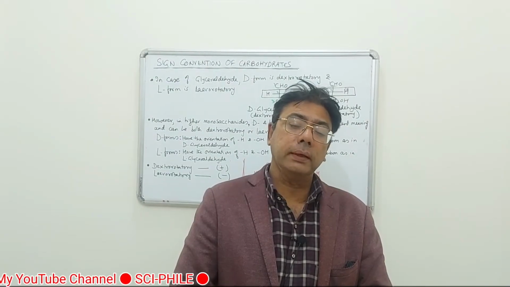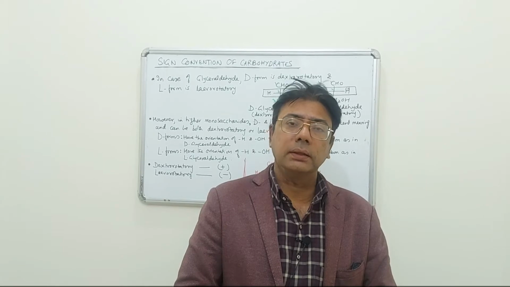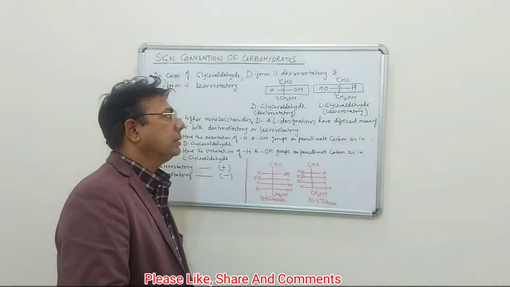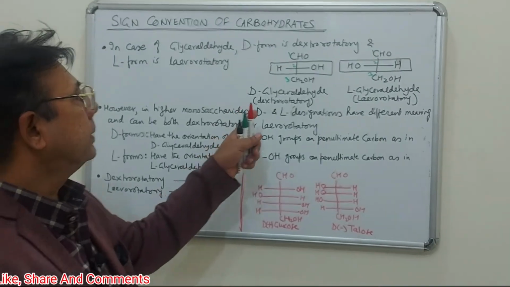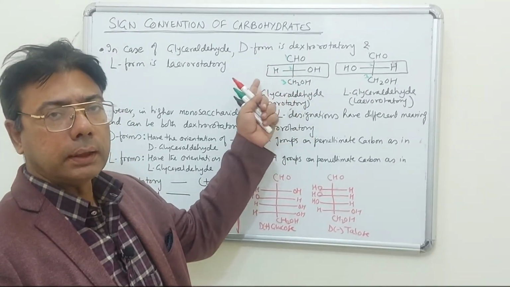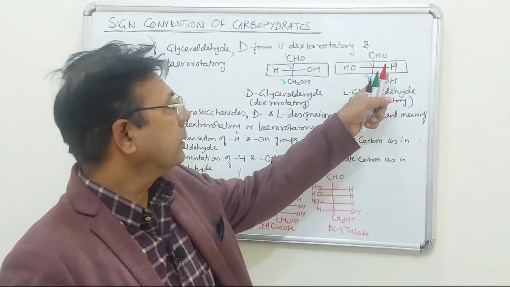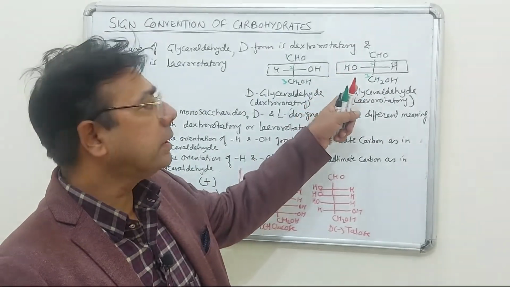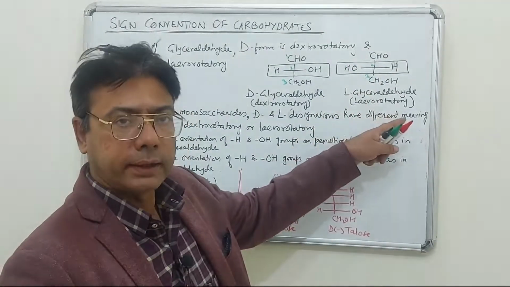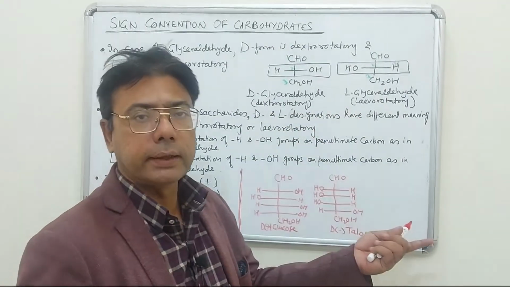And now I wish to explain a very important thing about monosaccharides, and that is sign convention. This is something that confuses most of the students, so let's clear this confusion here. In glyceraldehyde, D-glyceraldehyde has this orientation of H and OH on the penultimate carbon, and D-glyceraldehyde is also dextrorotatory, whereas L-glyceraldehyde, because it's the mirror image of D-glyceraldehyde, has the orientation of H and OH on the penultimate carbon opposite to that of D-glyceraldehyde, and this is levorotatory. So in case of glyceraldehyde, D is also dextrorotatory and L is levorotatory,